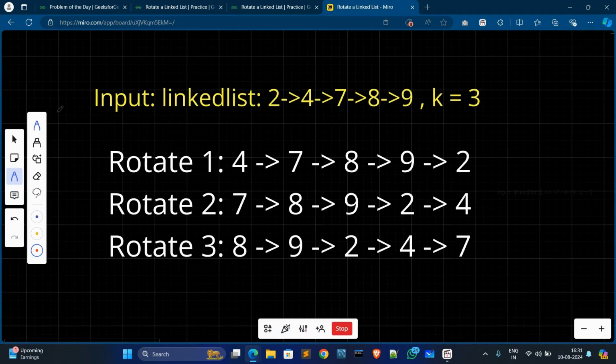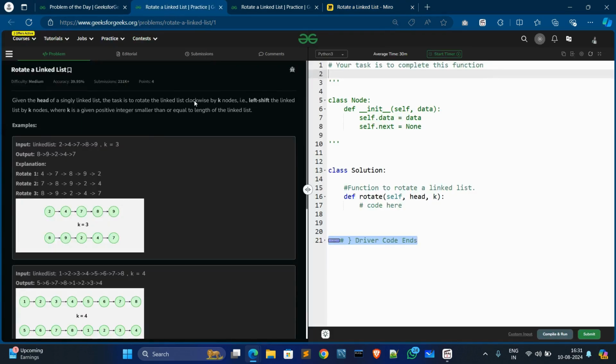In the first example, this is the given linked list, and the given k value is 3, k equals 3. In the first rotation we have to rotate from the left side. The problem statement says we have to rotate the linked list with a left shift.